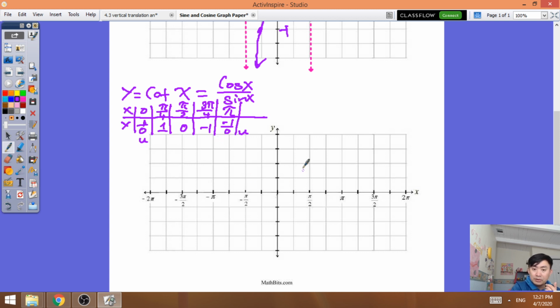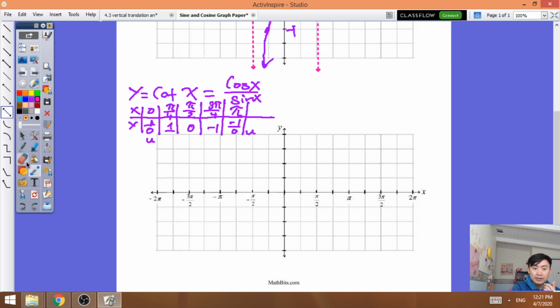So that means at 0, we do have a first vertical asymptote. So I need the dotted line once again. So right here, that's the vertical asymptote. And then another vertical asymptote we have is at pi. So here's pi. And then at pi over 2,